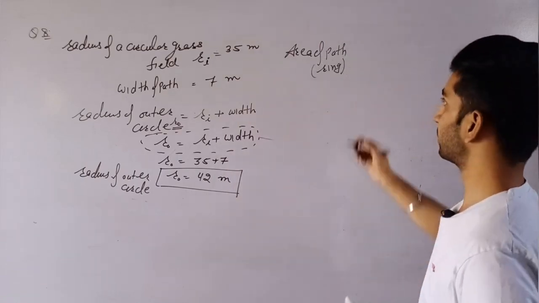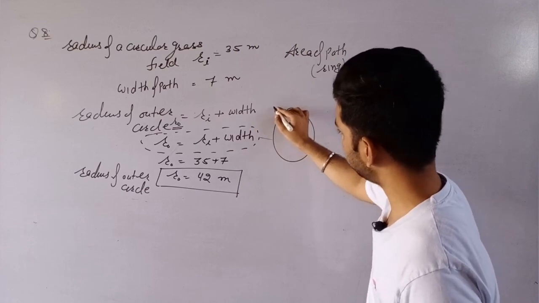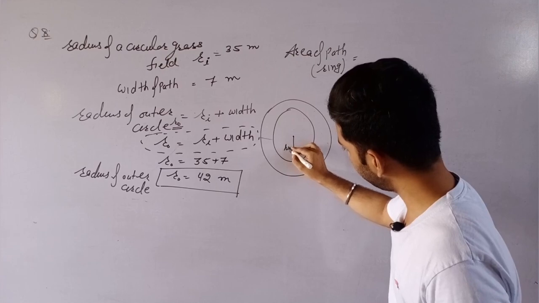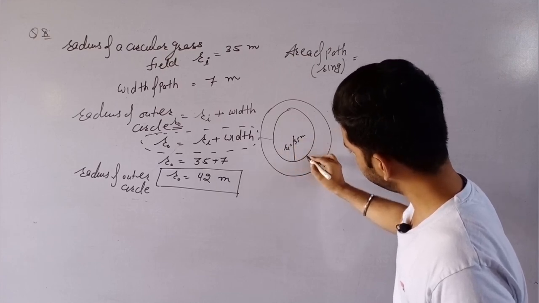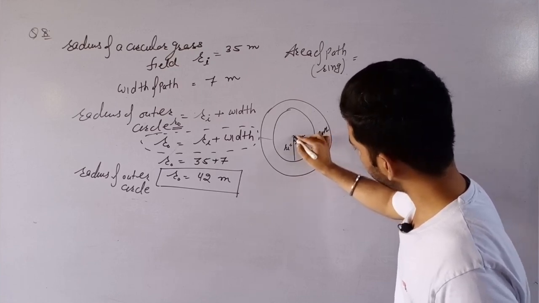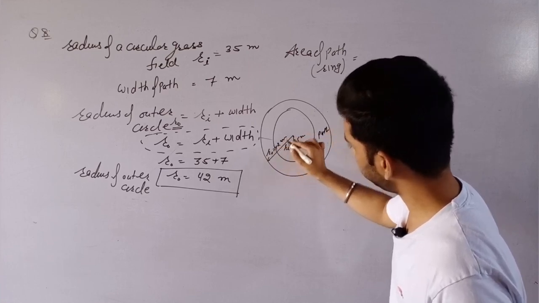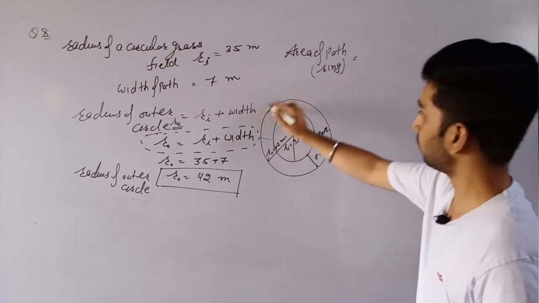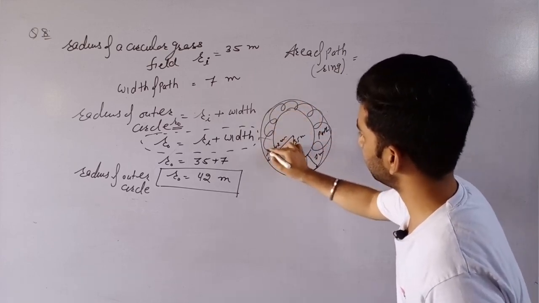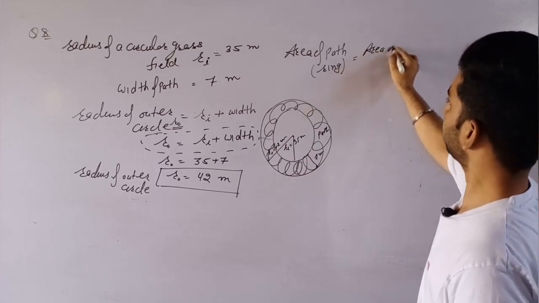डायग्राम आपने नोट कर लिया है, वहाँ से इस प्रकार से बना, ये सर्कुलर ग्लास फील्ड था, ये पाथ बन गया। सर्कुलर ग्लास फील्ड में जो आर इनर थी वो 35 मीटर बनी, ये पाथ है रेडियस 7 मीटर है, और यहाँ से ये जो आउटर बनी ये आर आउटर कितनी बनी, 42 मीटर बनी। चेक हो गया पूरा। तो एरिया ऑफ पाथ क्या हो गया, इट इज द एरिया ऑफ पाथ विच इज नाउन एज रिंग बिटवीन टू concentric सर्कल्स, विच इज गिवन बाय